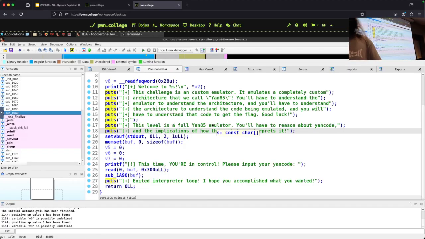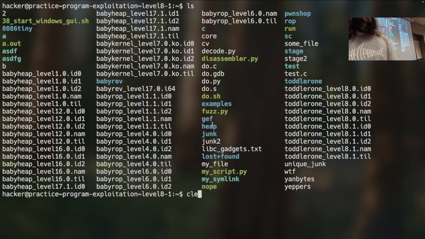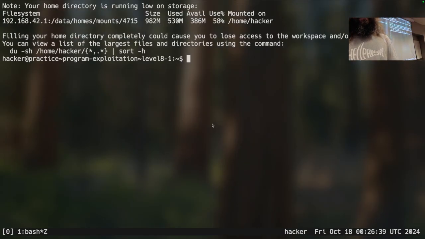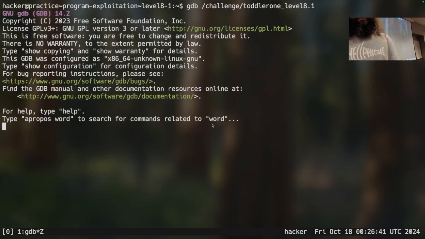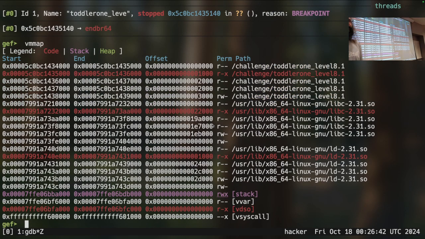Why is that useful to me? Anyone that actually remembers what I said? VM map it, get the base address at this offset. Okay. So we have this idea we could VM map this and get this base address up there at 434,000. That's going to change. I could get that, add to it, and find it. But every time that I run this, is that going to be the same number? No, that's going to be pain.